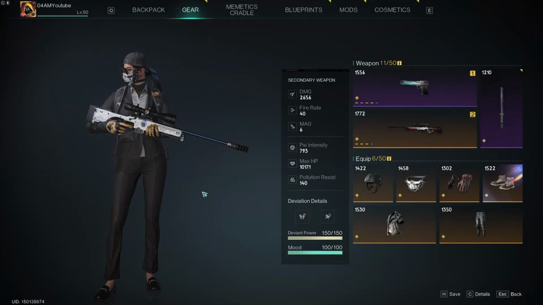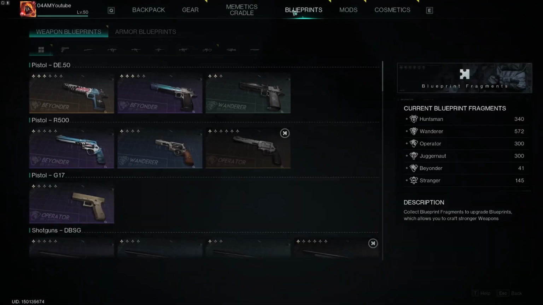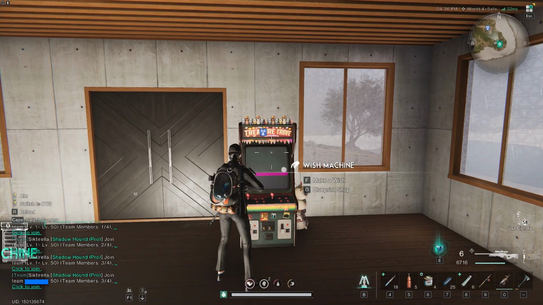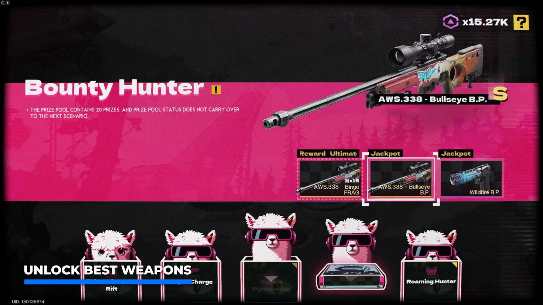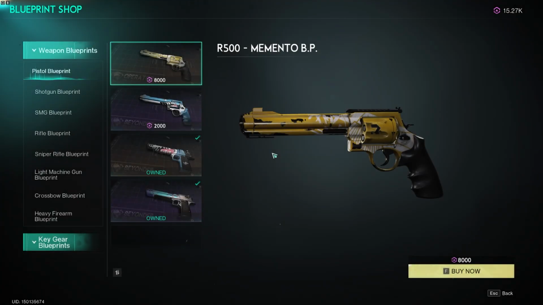You might be thinking, but how do I get my hands on these legendary blueprints? Well, if you check out the blueprints tab and hover over one, you can see that they are usually obtained from the wish machine. Wish machine gambling is going to cost you a ton of Starchrom, which you can also use to upgrade your blueprints. We're going to talk more about that in a second, but most importantly, especially early game,